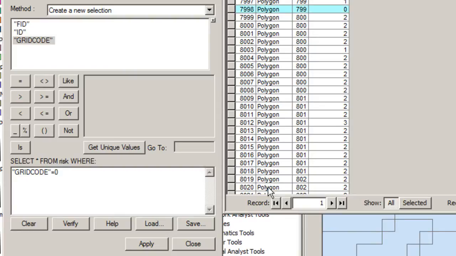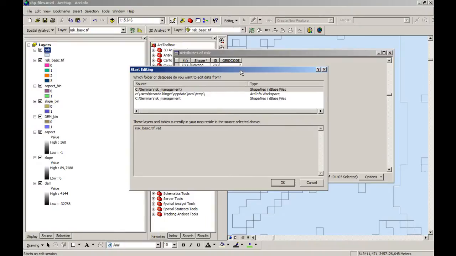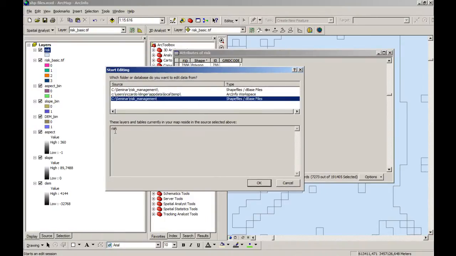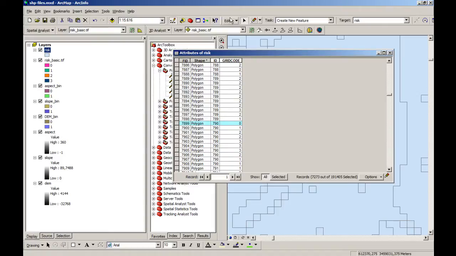We will apply that, and as you can see here, you can scroll through, every 0 entry is checked. And in the end, we would like to start an editing session with that layer. So we're going to the risk management folder. There you have the risk polygon shapefile. Okay. And now we could obviously sketch some new things, but this layer is